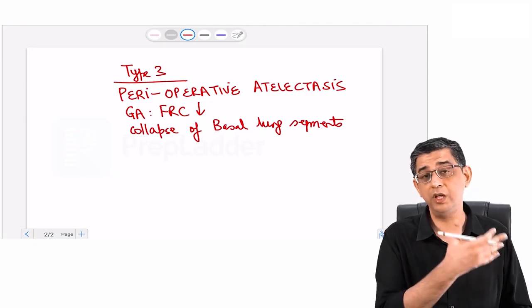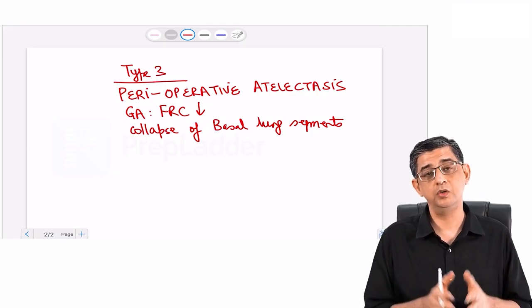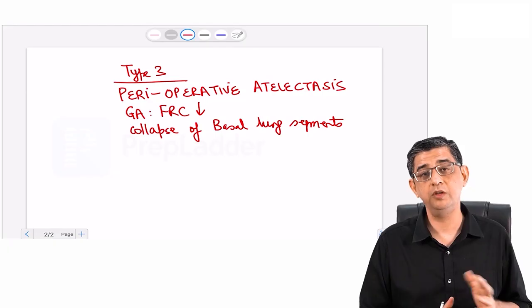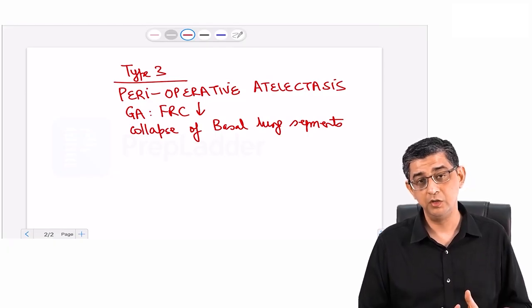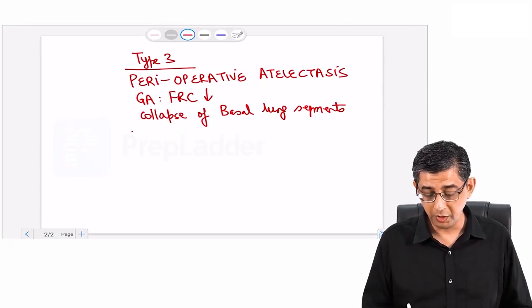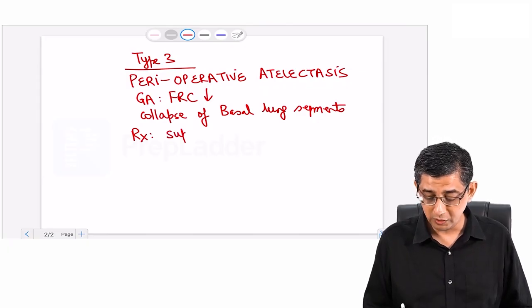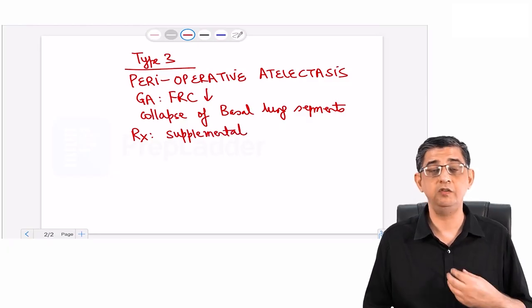Like even the relatives will have to take some time off from their work because they thought that, okay, my dad is undergoing a surgery, so I'll have to stay in the hospital with my dad for 4 days, 5 days. Now he's having to extend his leave. So the problem here is in type 3 respiratory failure, apart from the economic issues, you will have to definitely manage it at a war footing,